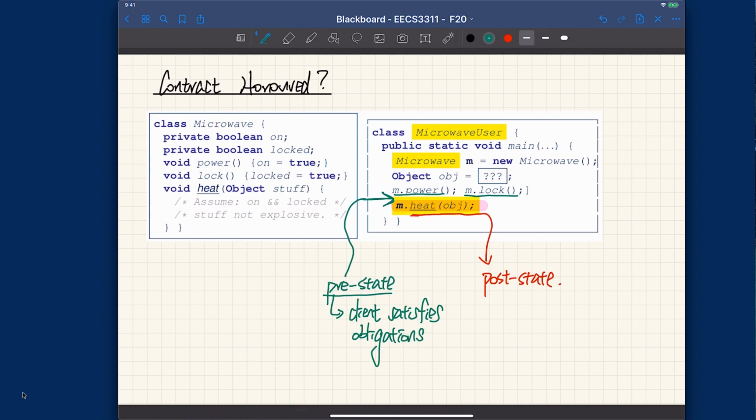And what are the obligations for the clients? Apparently, m.on should be true, and also m.locked should also be true, right? Both of them should be true. We know that, and it seems like these two are already satisfied by these two, right? So now you can think about m.power. M.power is really meant to establish this particular obligation, right? And also m.lock is also meant to